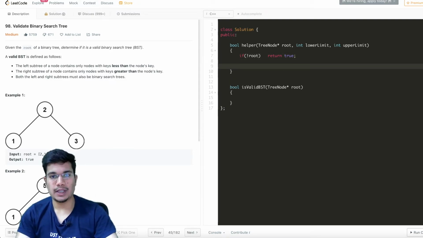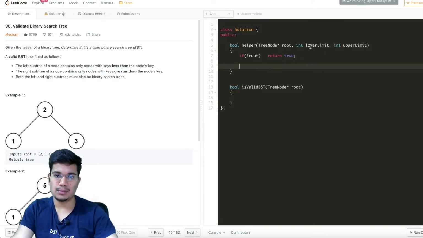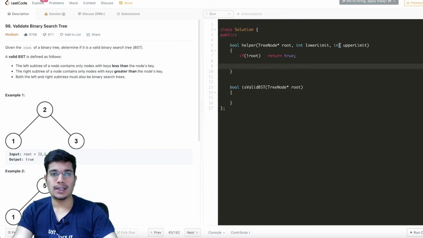But if the node has some value, then I'm going to check if that value lies in the given range or not. So instead of checking if my value lies in the given range, because that's going to be obvious if this is a BST, I can instead directly check if that value does not lie in the given range, because once I find any node whose value lies outside this given range, I can immediately return false, because I won't even have to check for the other nodes. That node is by itself violating the property.